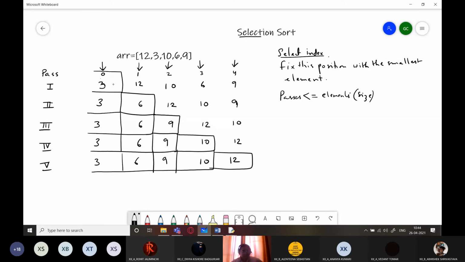So this is how you can see that selection sort fixes each of the positions. It selects an index location and it fixes that position with the smallest element, next smallest element. Okay, or we can say next smallest mean next highest element. So here 3, after 3 we have 6, then we have 9. So at the end of all the passes, the last index location will have the largest element. And this is the smallest element.